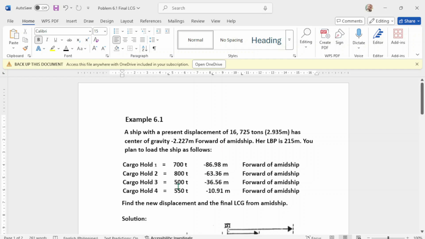So if you have all these cargoes loaded in the forward part, of course the tendency of the vessel is to trim by the head, because it is forward of midship. It's not on the aft part, it's on the forward. So the tendency of the vessel is to have a trim, or to sink, which is this one.